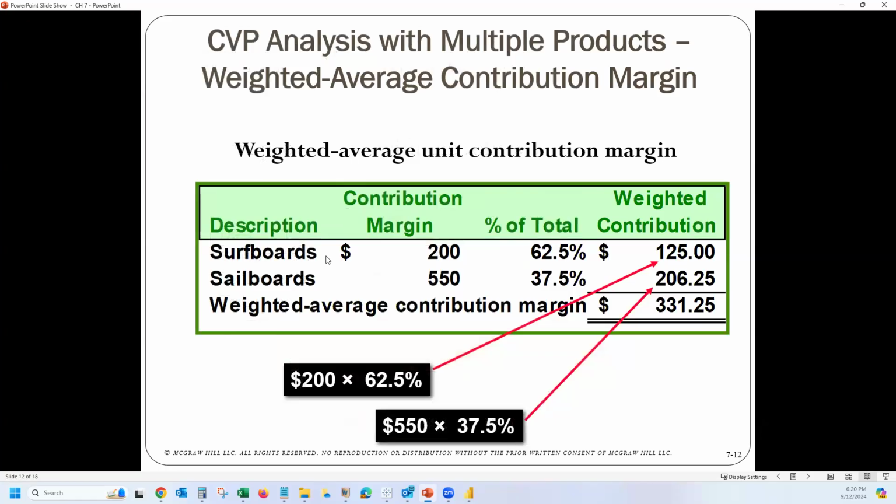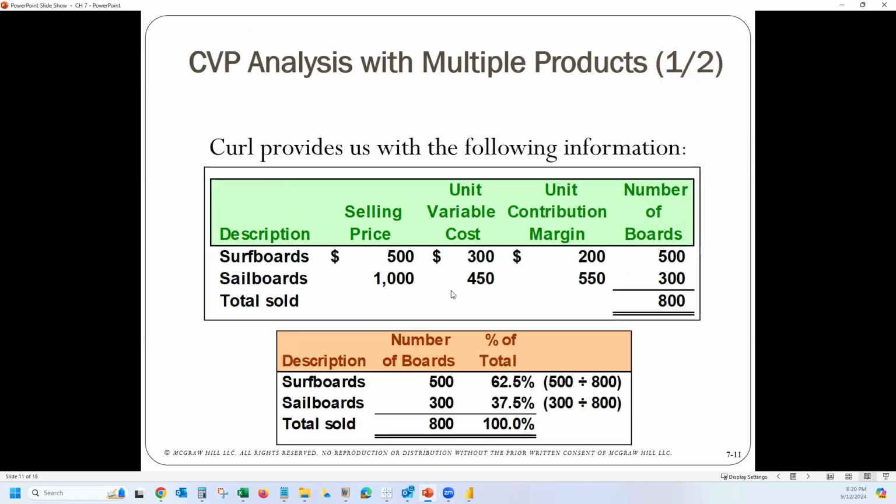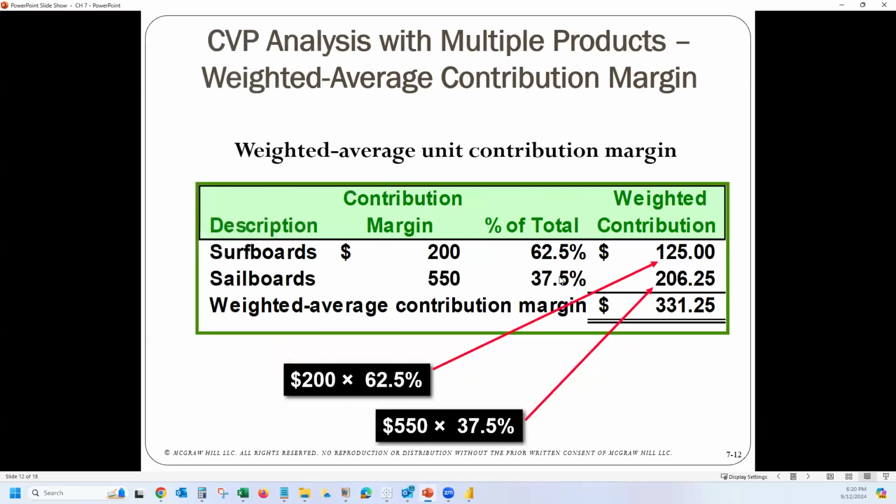And now the contribution margin for each of the products, $200 and $550 respectively. If you remember, we did calculate those contribution margins here earlier. Okay, so now if you look at the amount that must be contributed for each unit of the softboard that was sold, if we are dealing with a sales mix, we're going to sell these two products together, then this must contribute